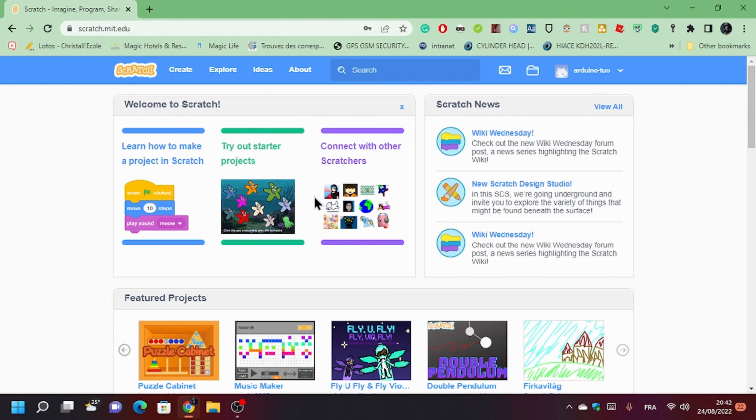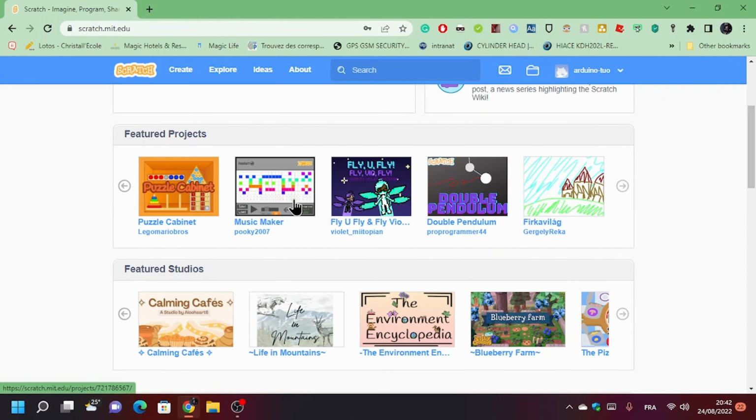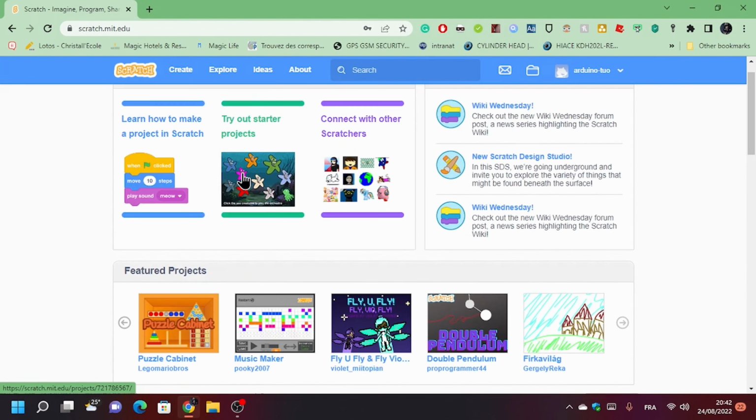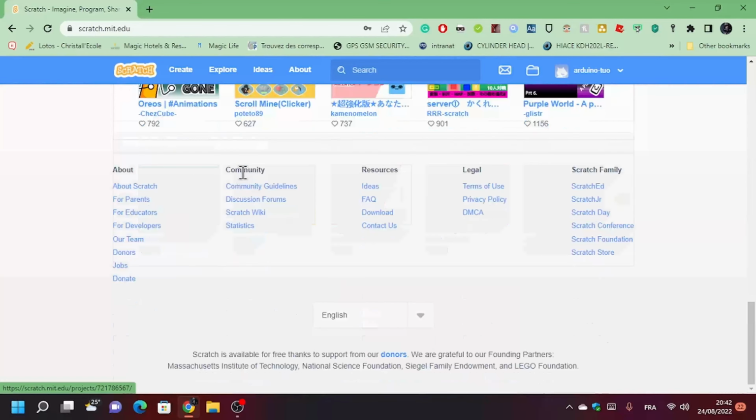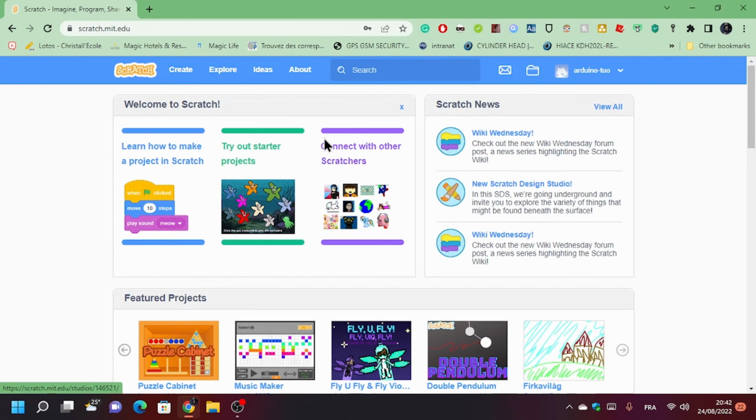Oh, so here you are in your Scratch panel. Here you can already create projects. There is one thing you have to do. Scroll here and go to create, click on create,